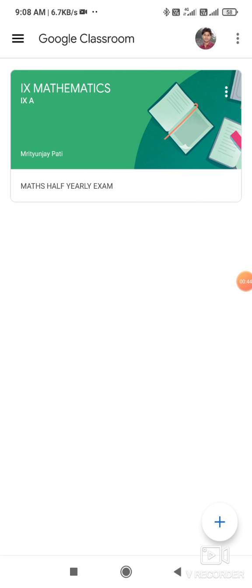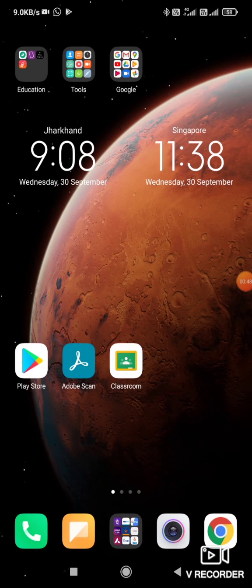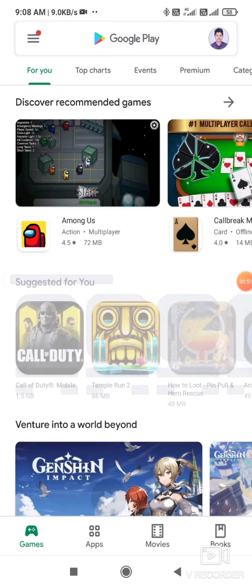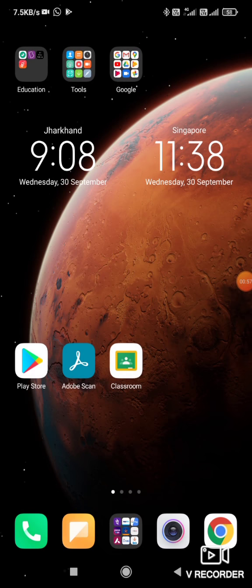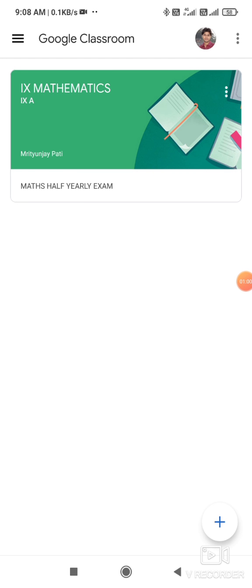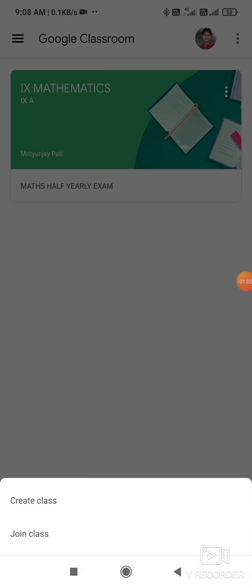See, this is the Google Classroom homepage. How to install it? Through Play Store. You search, type Google Classroom and you can install it. After installing, you have to add the classrooms.